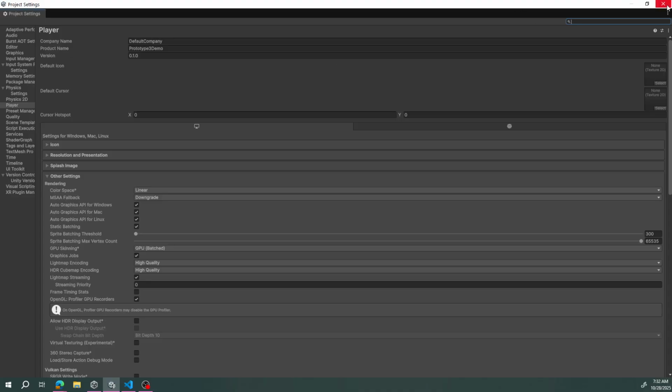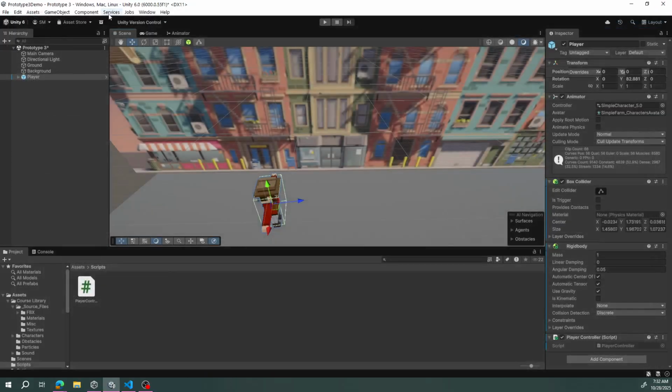So when you're in your project, one of the things that's going to happen is once we start hitting spacebar and a few other things, it's not going to be able to do very much. And we're going to get an error that says something about the input handler. So, one of the first things you'll want to do once you have your character set up is